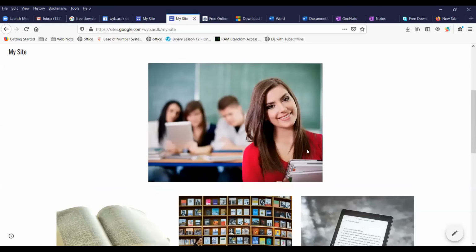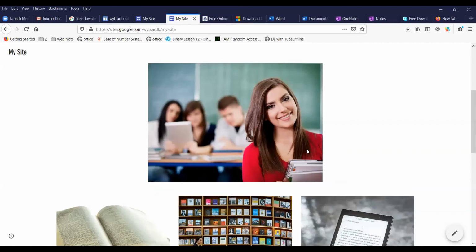Those images are okay to use. If an image doesn't have a watermark, then it is public. Those images that we use for this site are okay to use because they don't have that watermark.